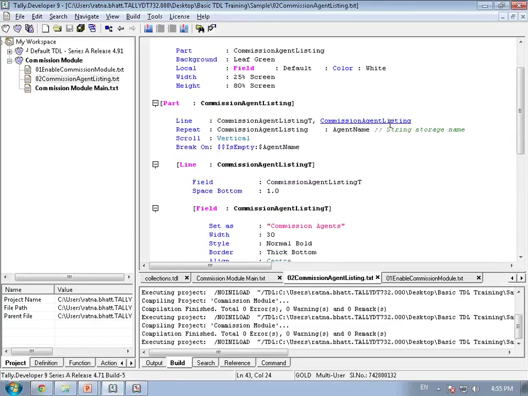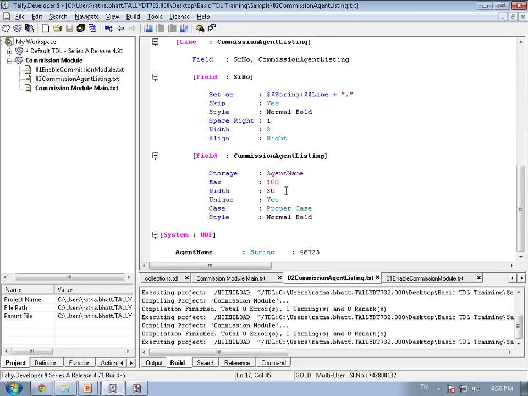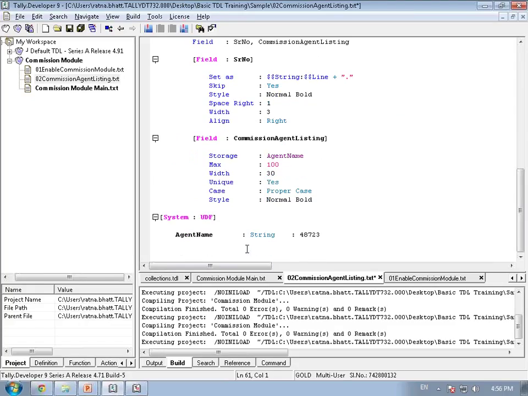The one that we have is acting as a storage name. This is UDF, aggregate UDF. Now I have to make a collection of this. So when I have to make a collection to get that particular list of agents, since it's a secondary collection and not a primary collection,